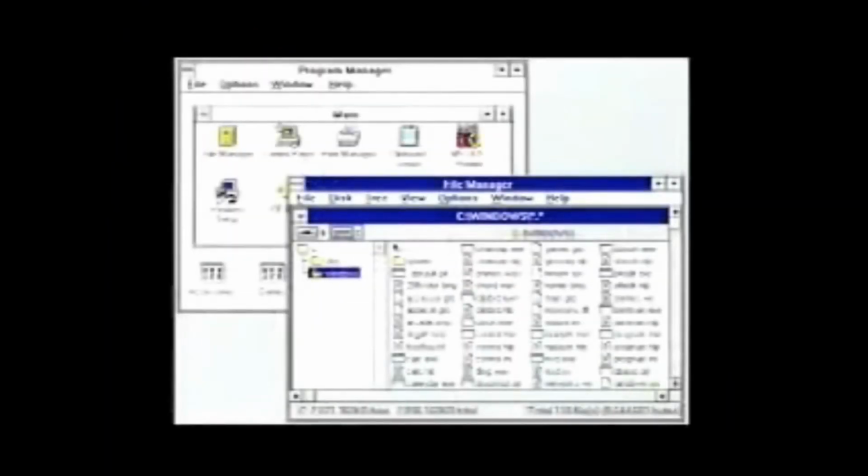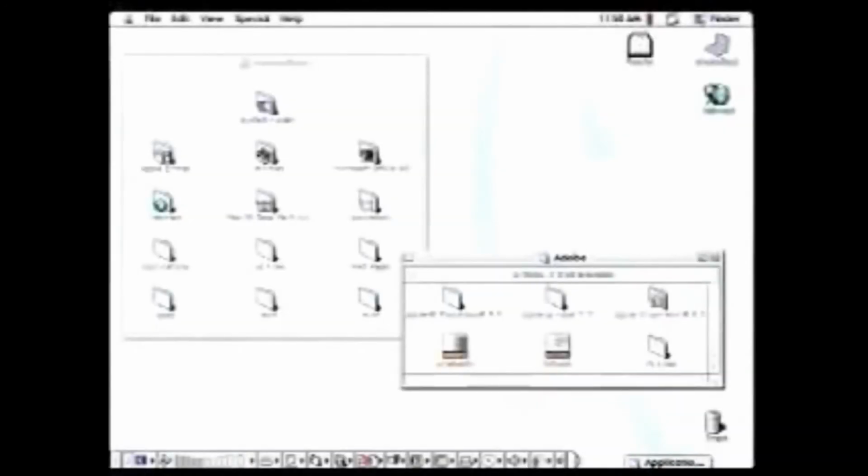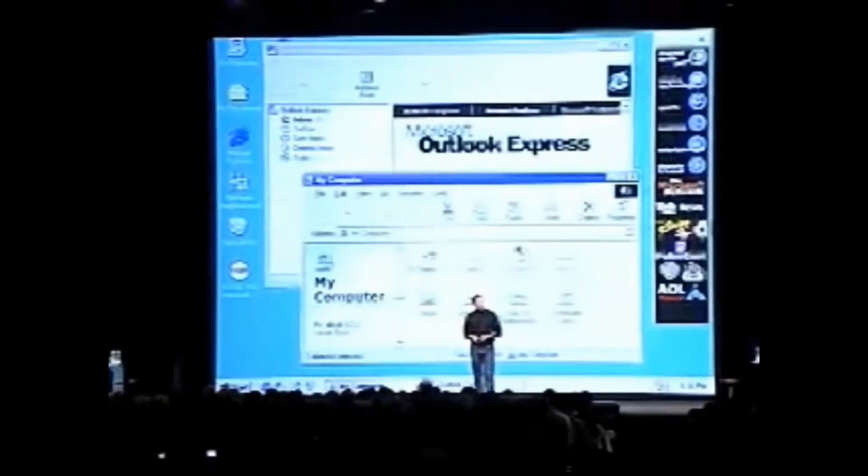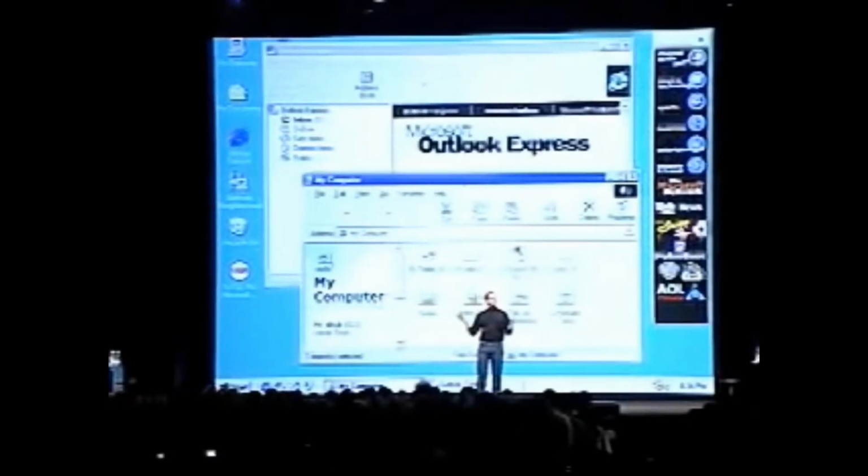And we saw others follow in the late 80s. This was Windows 3.1 in the late 80s. And Apple followed up in the mid-90s with the current user interface called Platinum, still the best thing out there. And then this is Windows 98, which obviously came out in 98. So these are the user interfaces out there.